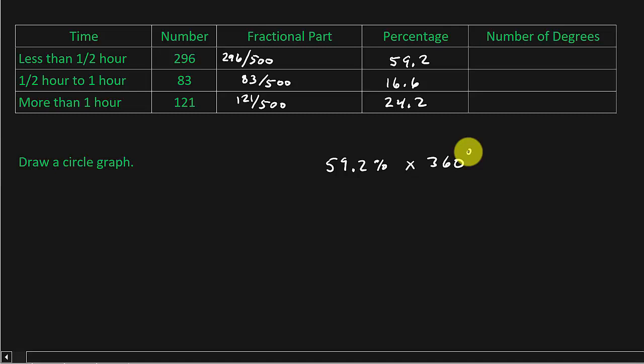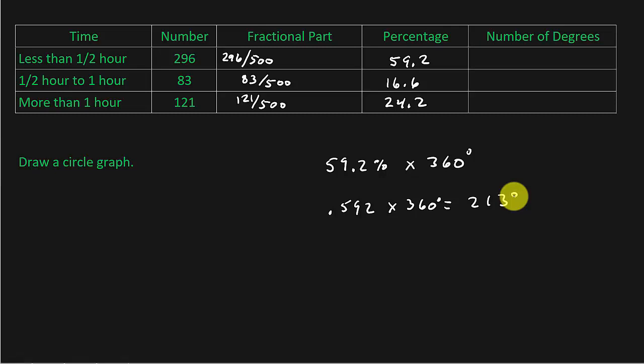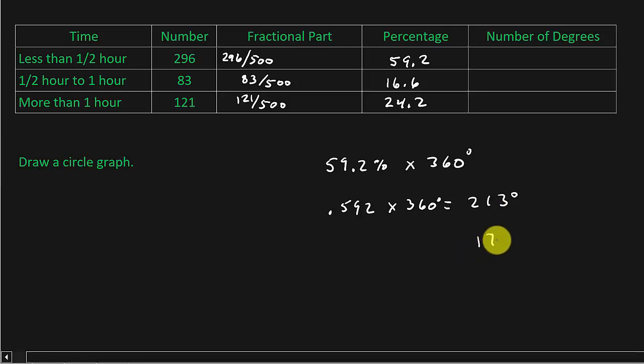All right, so in reality, what we're doing is taking 0.592 times 360 degrees, and that gives us, we're going to say 213 degrees. So 0.592 times 360 is actually 213.12 degrees. We're just going to say 213. Okay. All right. Now for the next one,